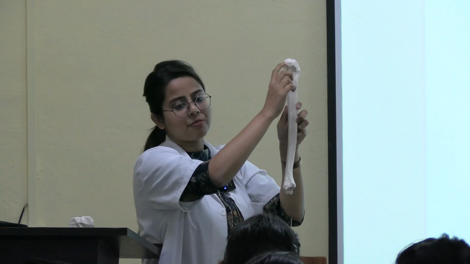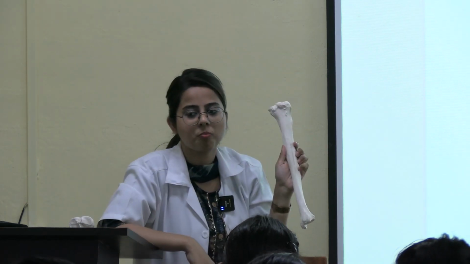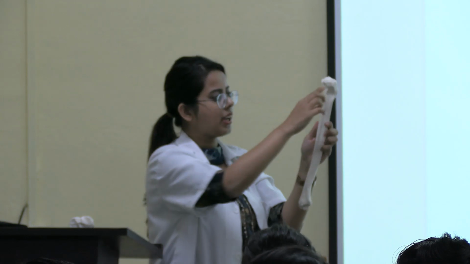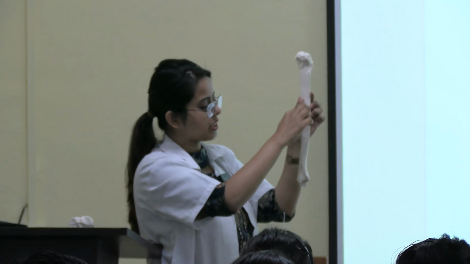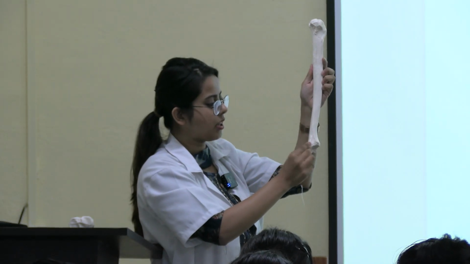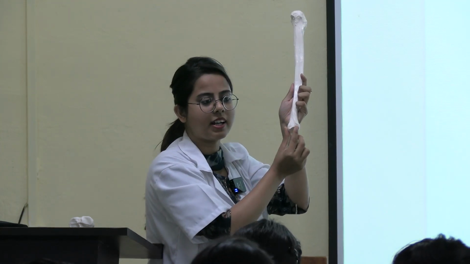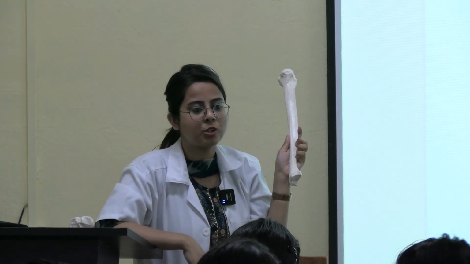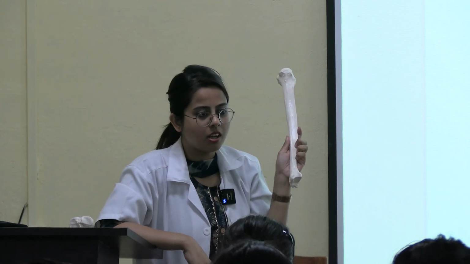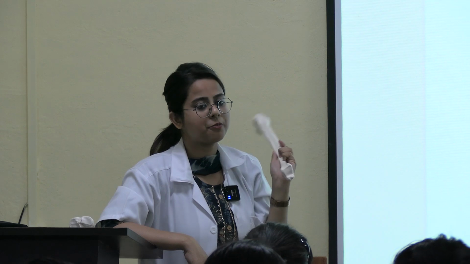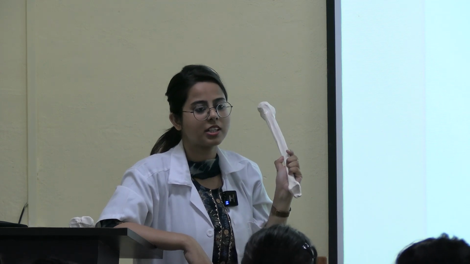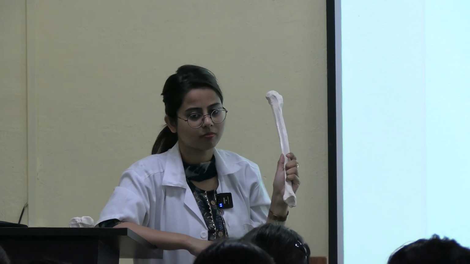What is this articular facet present here? I said fibular facet. Okay, so it is beginning from the fibular facet, going downward and forming the margin of this triangular area. What is this triangular area called? It's called fibular notch. Okay, so it will articulate with fibula and form the distal tibiofibular joint.